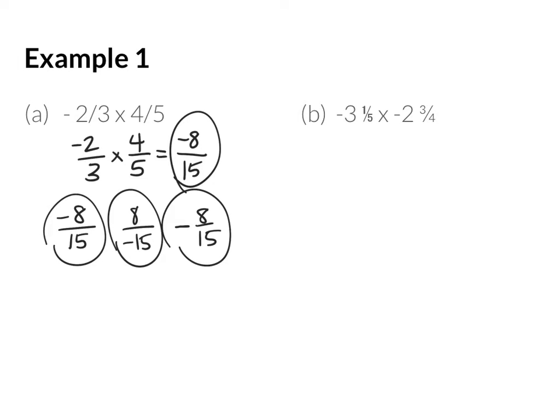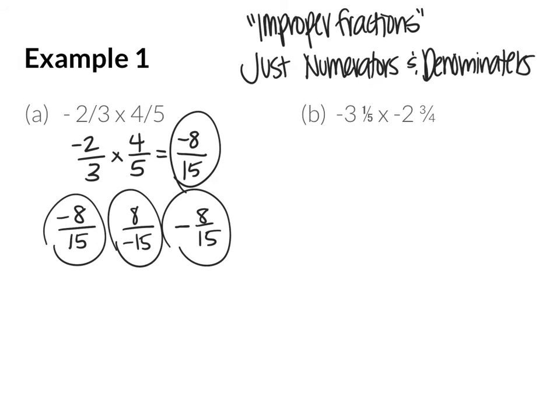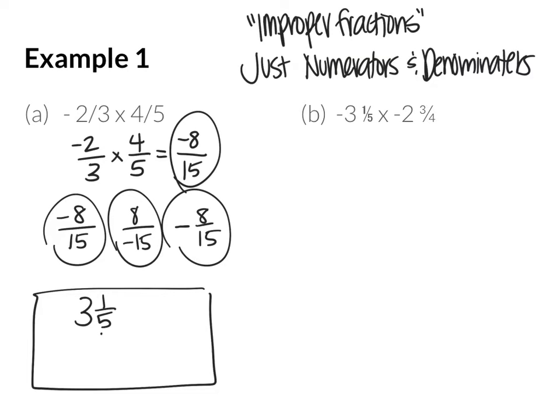For B, I first need to write these as what you guys have probably learned to be improper fractions, but I find them quite proper because they are helpful when we are multiplying. So I just refer to them as just numerators and denominators, or numbers with only numerators and denominators and no whole numbers. The way that I do that is over here to the side. When I have 3 1/5, I multiply the 5 times 3, giving me 15, and I add the extra 1, giving me